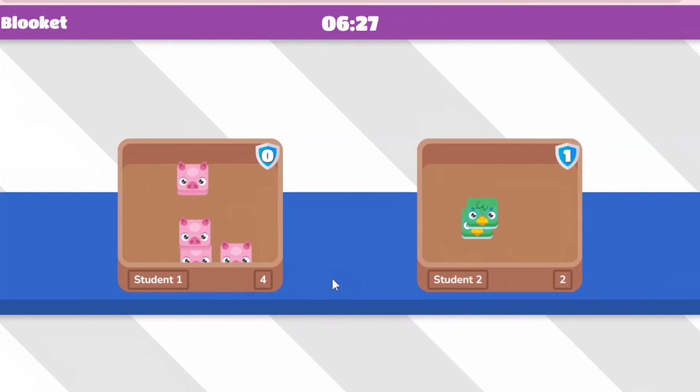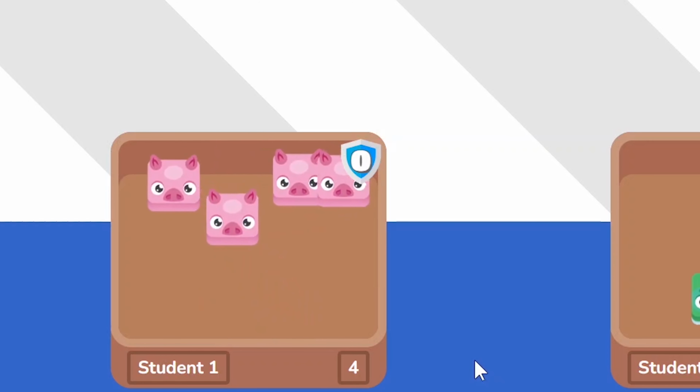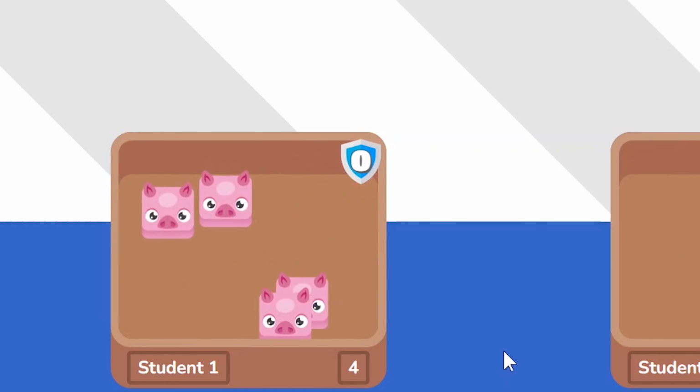If one team attacks another team who doesn't defend, then they will remove one of the team's shields. The shields serve to protect the Blookes. So when the shields drop to 0, then if a team attacks that team with 0 shields, then they will begin to take away their Blookes.